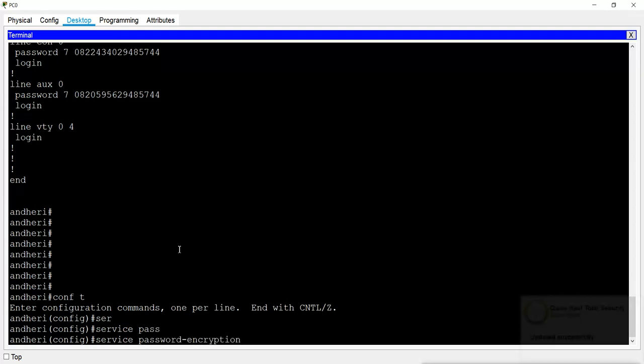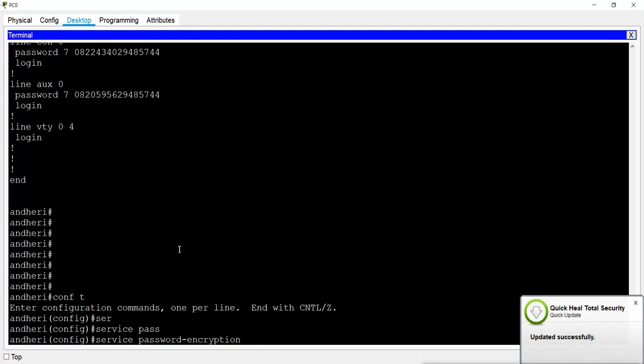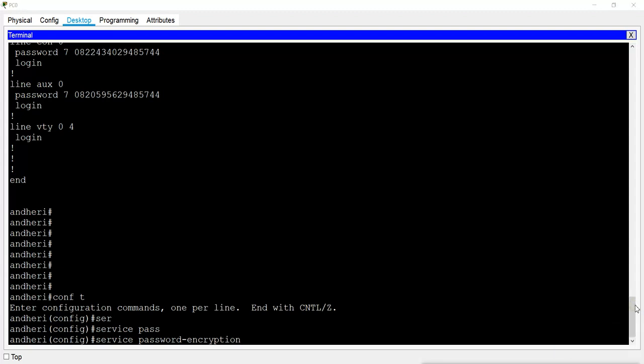So if I want to remove the configuration, Cisco has given you a very easy way to remove your configurations from the router and switches. It is very simple. If you want to remove any configuration, you just have to put no at the beginning of the command. Remember, I am saying only the command, not the value, only the command.